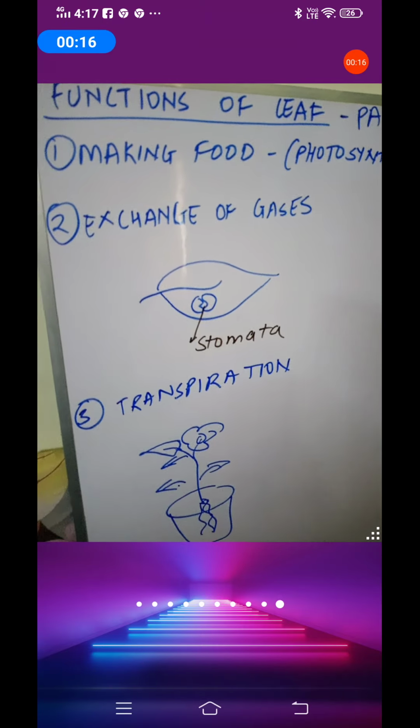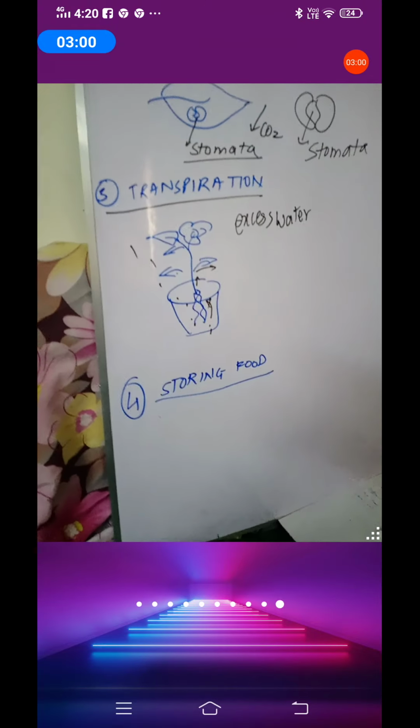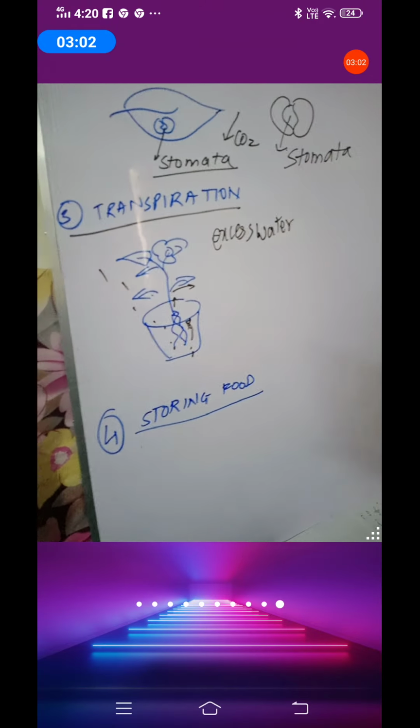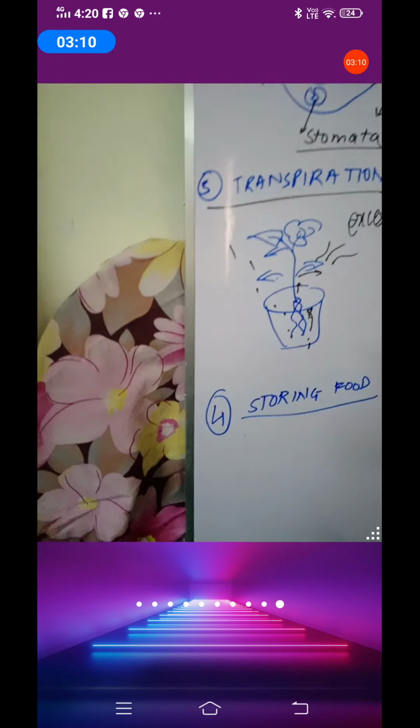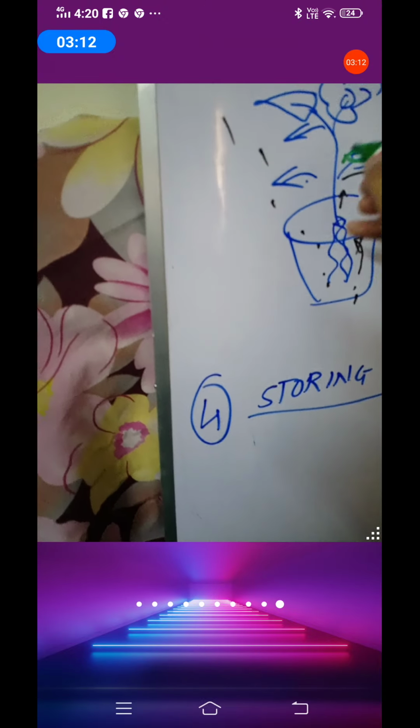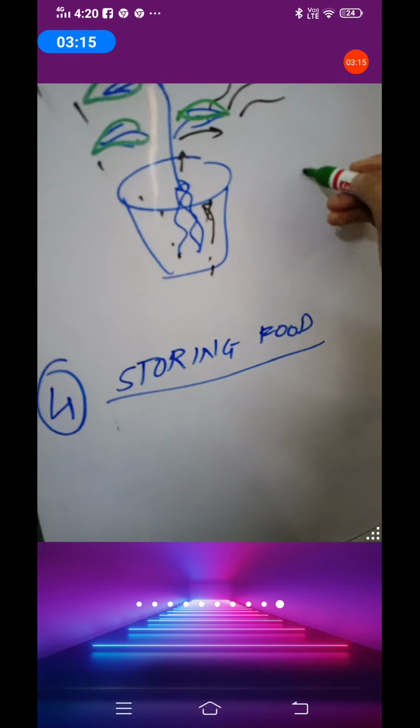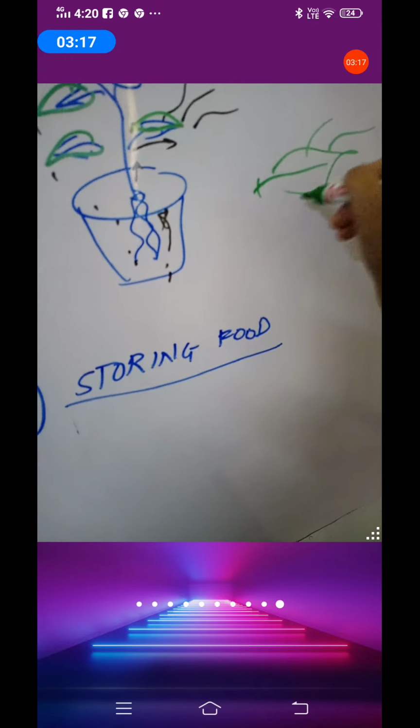Let's say I pour water on this plant. I have poured water here. Now by mistake I have poured more water, or excess water. So what happens is the water will travel from the root to the stem and to the leaves. This I already showed you in functions of the stem. But what happens to the excess water? The excess water will go out, through what? Through these leaves. Through the leaves the excess water is going out.